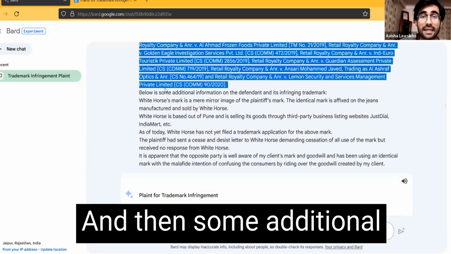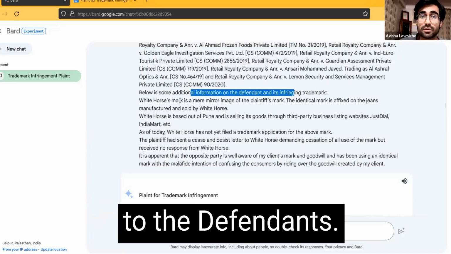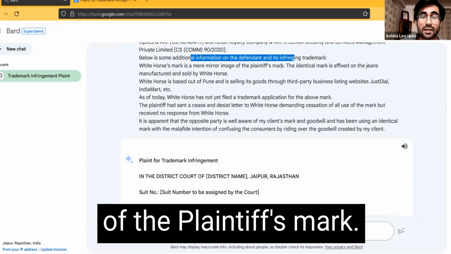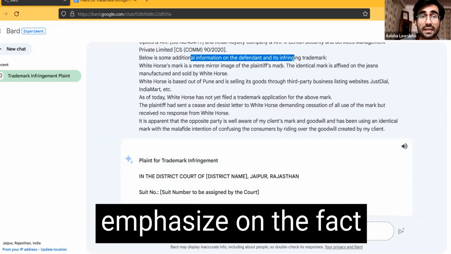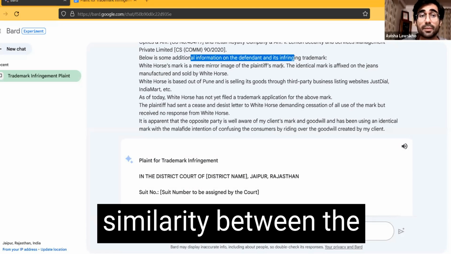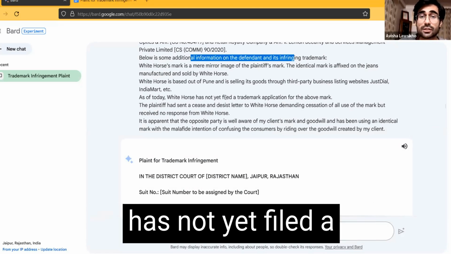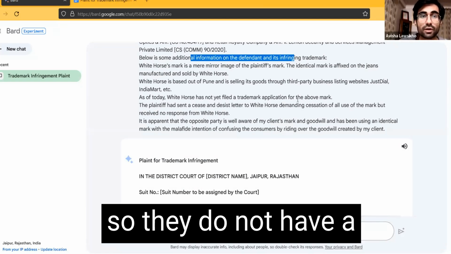Right? And then some additional information with respect to the defendants. White Horse's mark is a mere mirror image of the plaintiff's mark. So again, I wanted to emphasize the fact that there is so much similarity between the two trademarks, right? As of today, White Horse has not yet filed a trademark application, so they do not have a registered